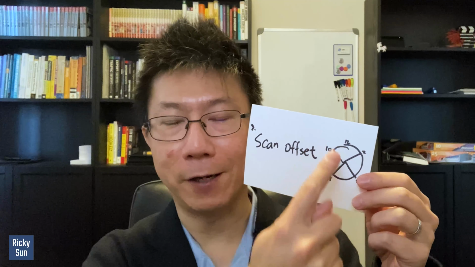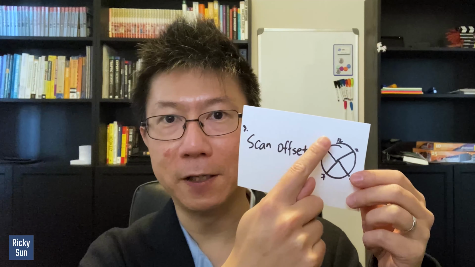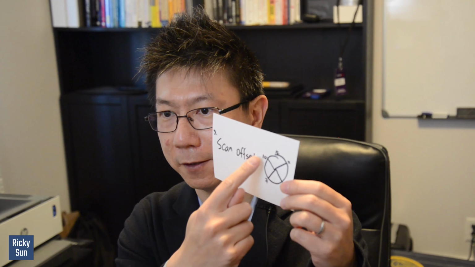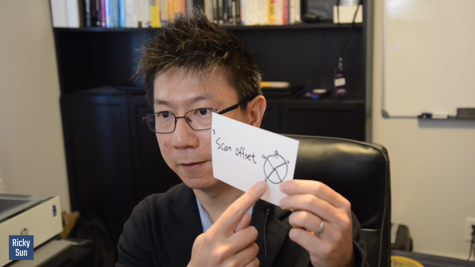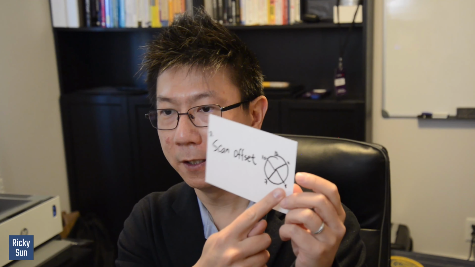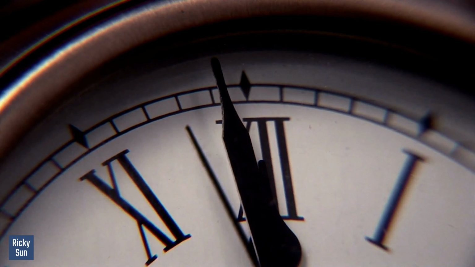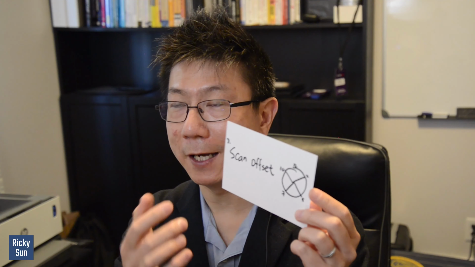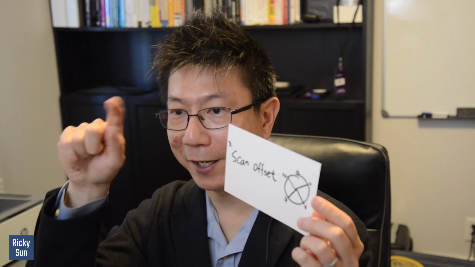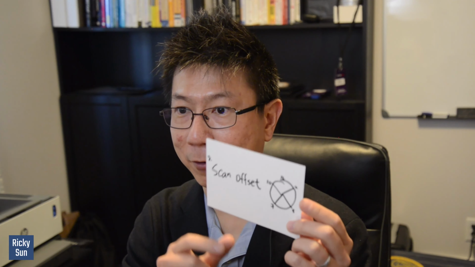Utilize your scan offset, right? There's a clock, right? Imagine you have a clock. You can scan some at the top here, and then at 10 seconds, and then 50 seconds, and in the clock there are 60 seconds. So you can utilize the offset to make your scans happen at different times as well.